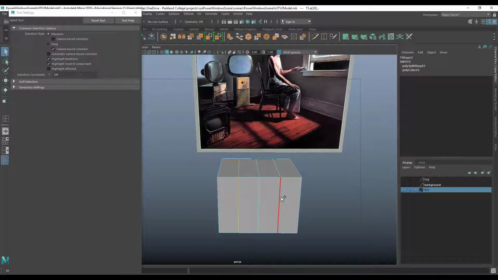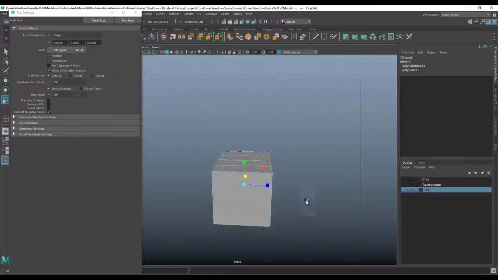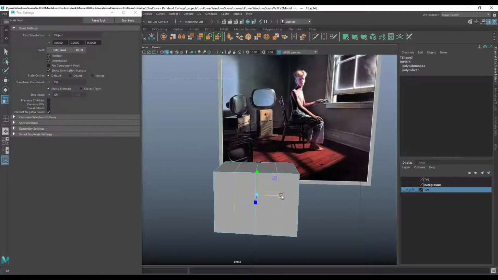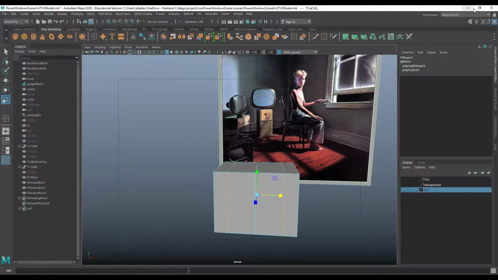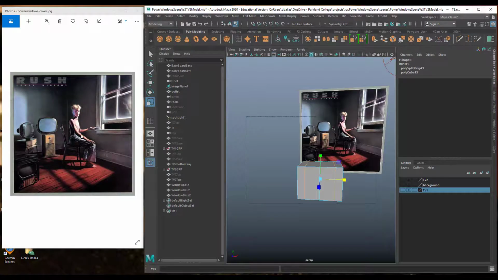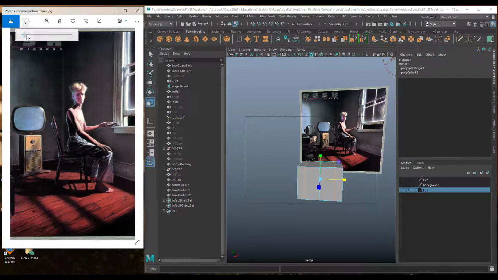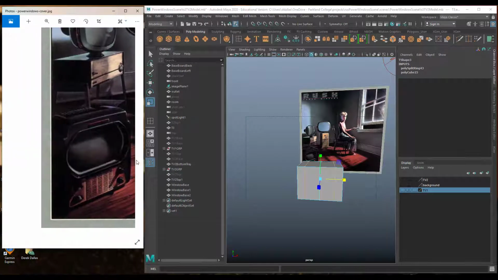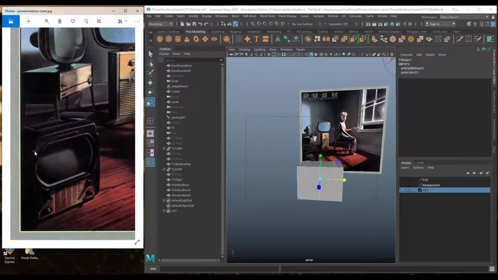So I'm going to take this one, and I'm going to take this one, and I'm going to use the scale tool to just push these edges out a little bit. That'll be these little edges on the side. I'm going to close this. I'll need to remember to reset my settings, because of the next time I use it. So I have these little extrusions kind of on the side,